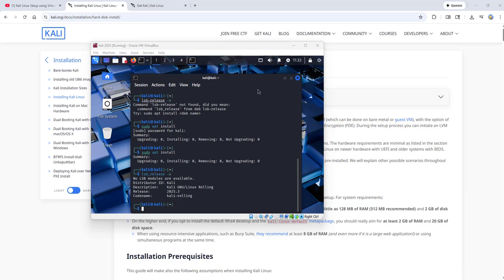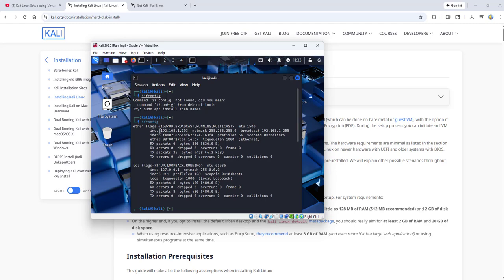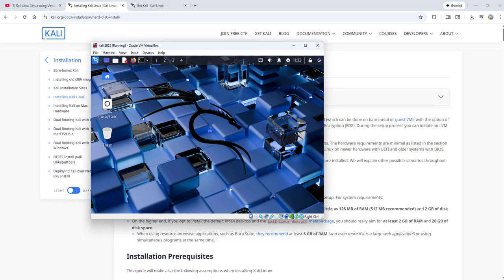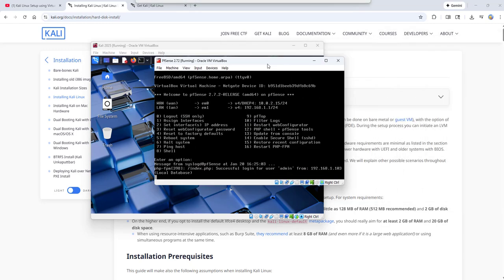Okay. What else here? So you run this command, check the version, and make sure you get the IP address, right? Make sure you get the IP address. Sometimes if you don't get the IP address on the pfSense, let me see, under pfSense, I have to reset this one. You see this number 4? Reset to factory default. I'm using pfSense as my router, right? So on my pfSense, sometimes I need to reset to factory. That way it refreshes all the